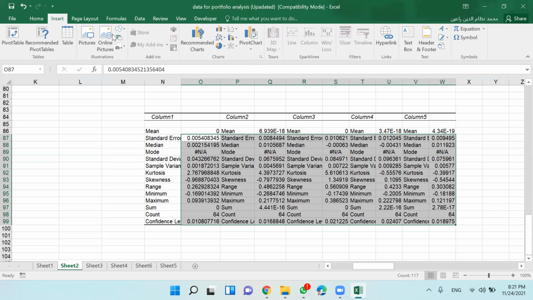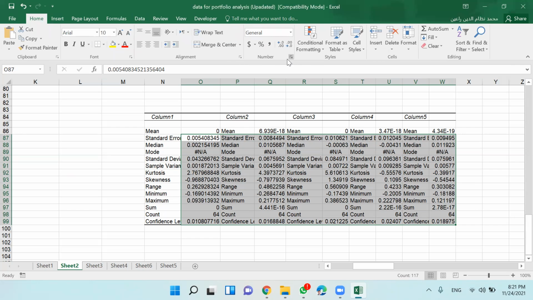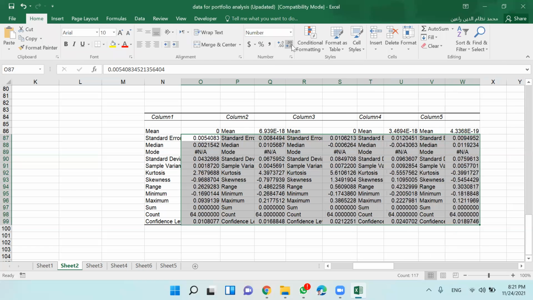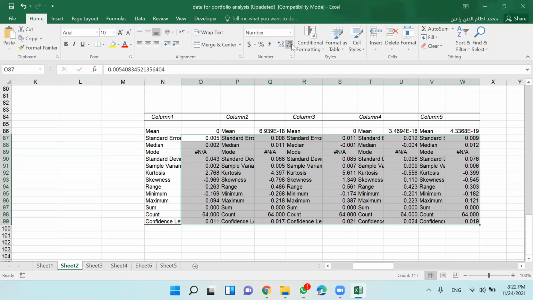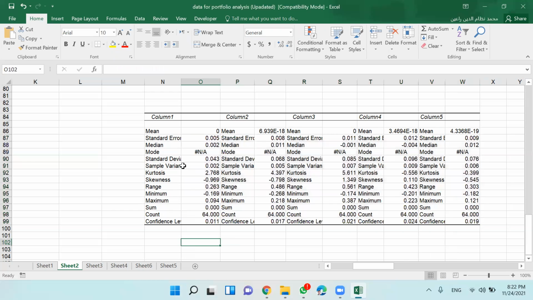Suppose we go up to 2 decimals and here reduce the decimals, okay. Now output is nice. You have dealt with this output.